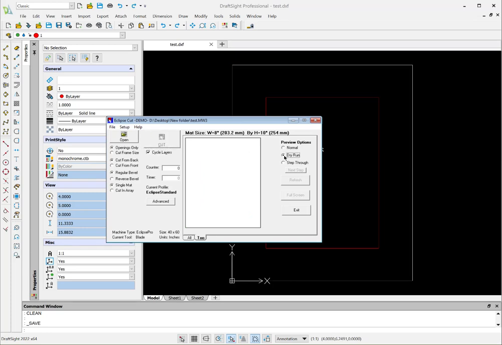And if I want to hit dry run, it will paint the screen in the order that it's going to cut it. If I want to step through,